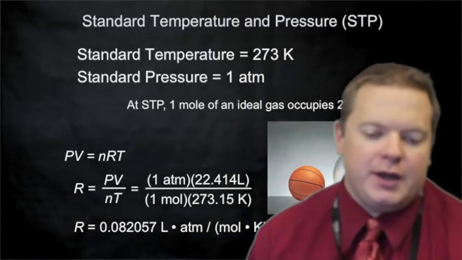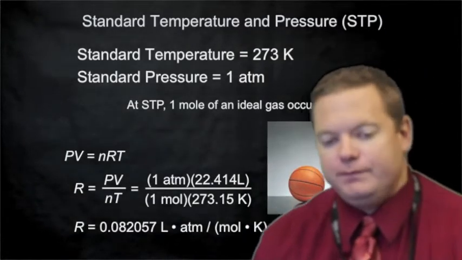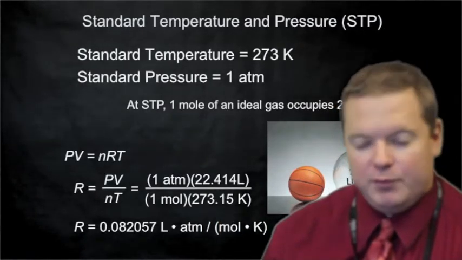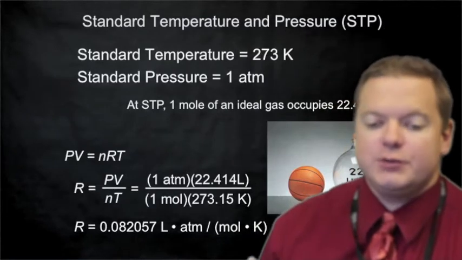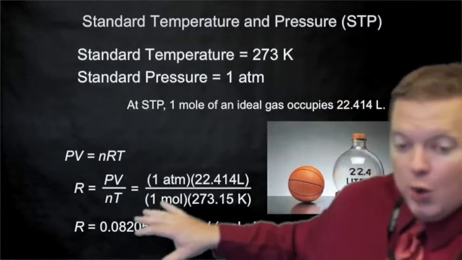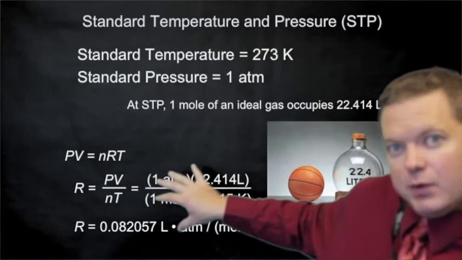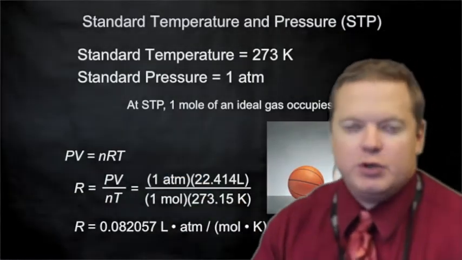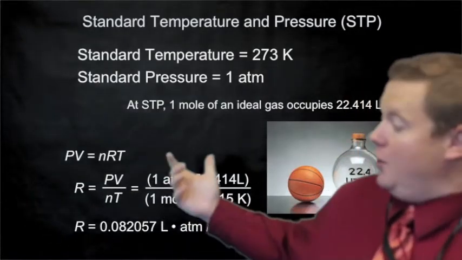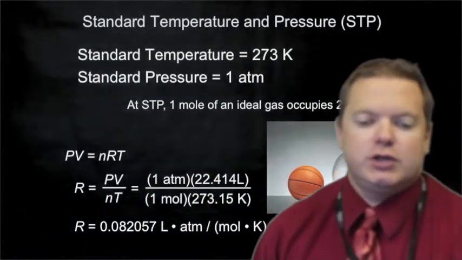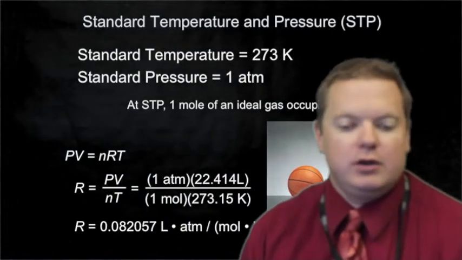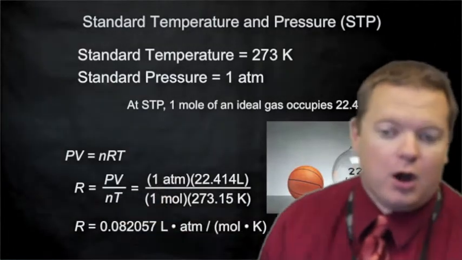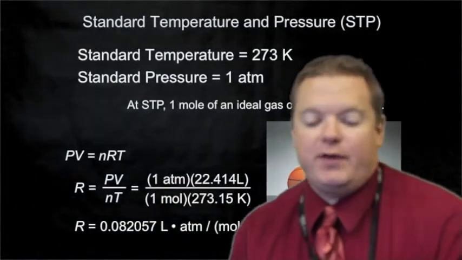We see that our proportionality constant is 0.08206 liters times atmosphere divided by Kelvin mole. So when we're using this proportionality constant, we have to use these units. If we want to use different units, a different unit of pressure or a different unit of temperature, we have to account for that in our expression. Typically, the only other thing we'll change is our unit of pressure. So if we change that unit of pressure, we have to use a different R value. And again, it's not going to happen very often.